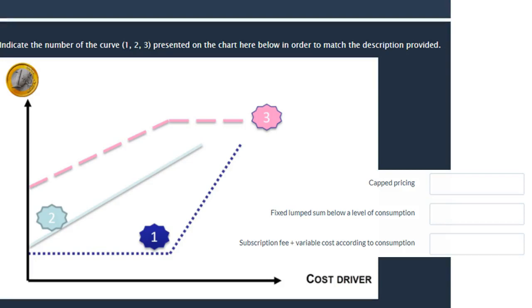This exercise proposes to study three different patterns of mixed cost. A mixed cost is a cost which is partly fixed and partly variable. There were three different curves which were proposed, and you had to match them with three different descriptions of